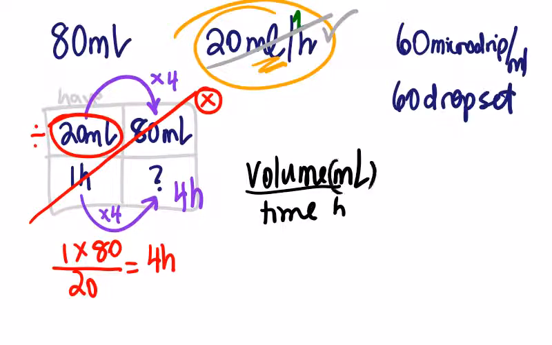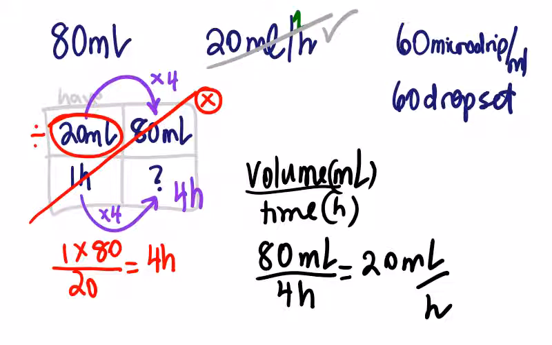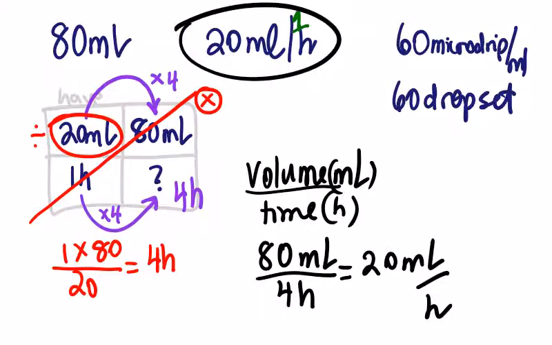That's for the first question. So we have the volume is 80 mils, the time is 4 hours. 80 divided by 4, 20 mils per hour. So that's a silly question actually, because we already knew that. It was right here at the start, but it's good to do the calc and see that of course it must work. 20 mils per hour